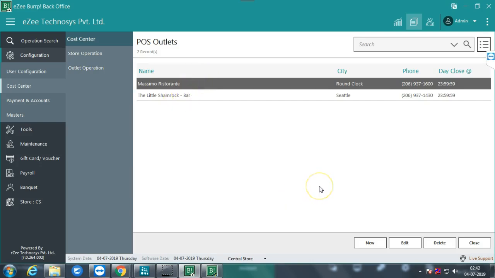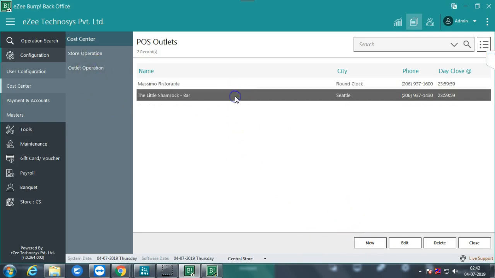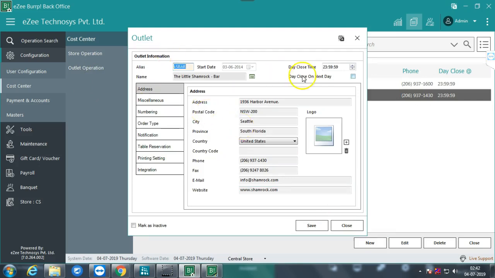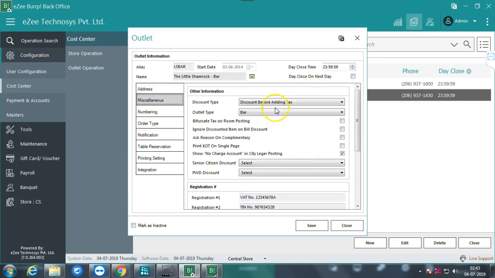I told you there, if there is a property which has multiple outlets, they can create the multiple outlets by this. And in the outlet you have multiple options like alias you can keep, the name, start date, day close time. By this time only the user can close the day, the time you select here. The address of the outlet, miscellaneous, other information, discount type, outlet is bar,